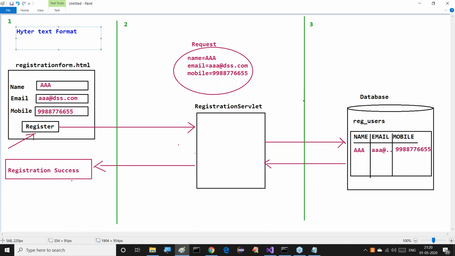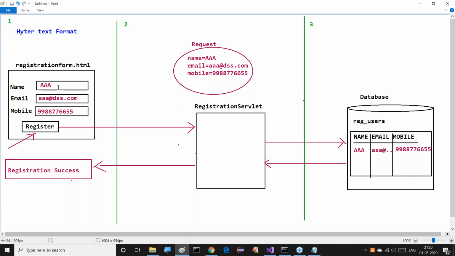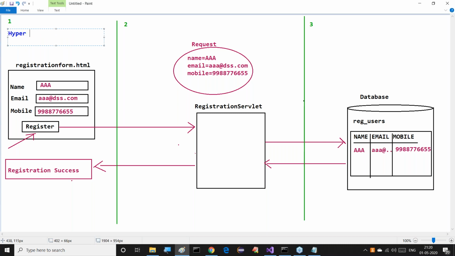Understand what I'm telling you now. In this first area, is data represented in hypertext format or not? Is this a hypertext representation or not?